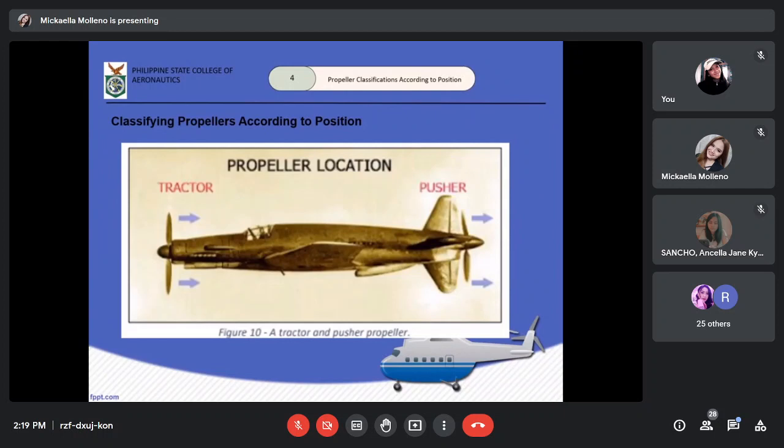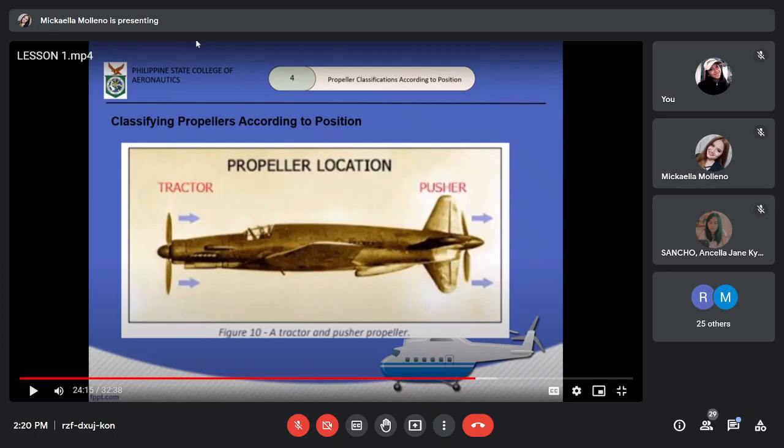When it comes naman to propeller to ground clearance, which is better, also tractor. This is because pusher propellers they tend to be subjected to more damage than tractor propellers. Why? Kasi 'di ba in a pusher type, propeller comes after the wheels. So may tendency na magkaroon tayo ng FOD na involved. And when it comes naman to propeller to water clear,